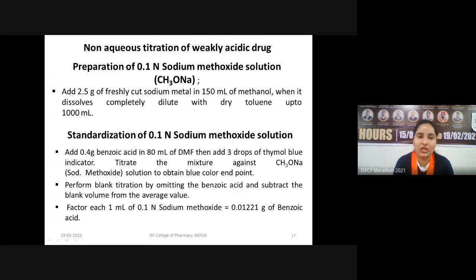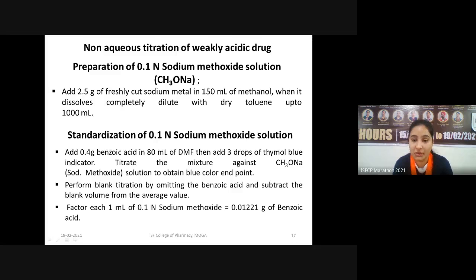The next step is the standardization. How will we be performing the standardization? The standardization of the sodium methoxide produced will be done in the following way. First step is we will be adding 0.4 gram benzoic acid in 80 ml of DMF, and into that solution we will be adding 3 drops of thymol blue indicator. So the first step is the addition of benzoic acid into the solvent, which is DMF,